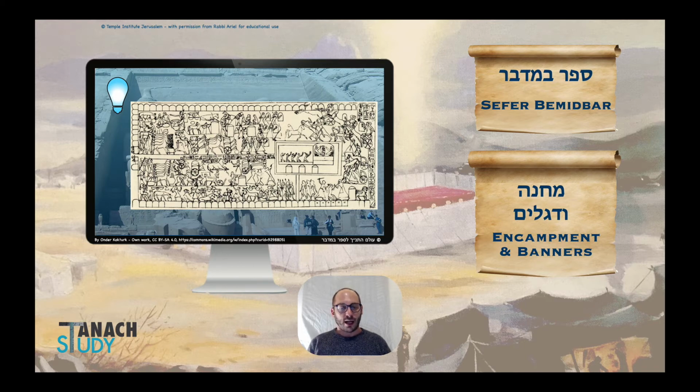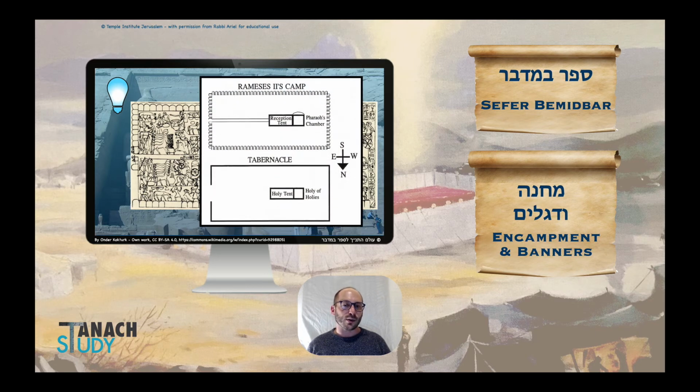It's a portable mikdash, and that's something important to note, and we're going to get to that in a moment. But the comparison between the two, which comes from architecture, is uncanny and needs to be taken into consideration. And again, that's what Joshua Berman talks about. It's a fascinating conversation. But before we go into that, I would like to introduce a very